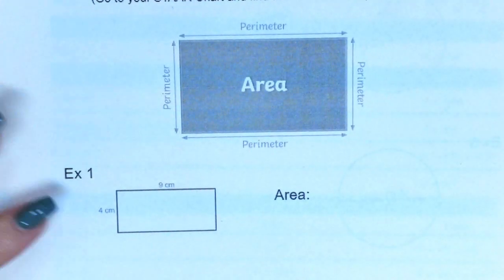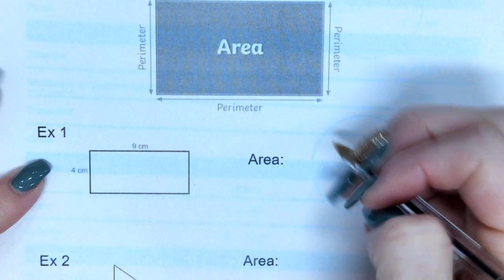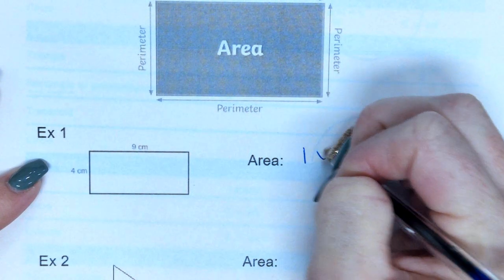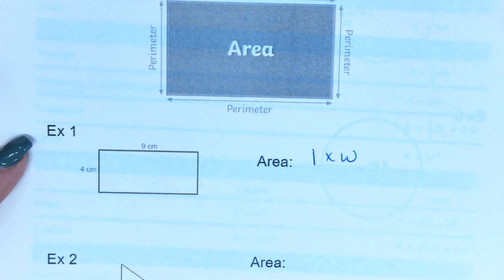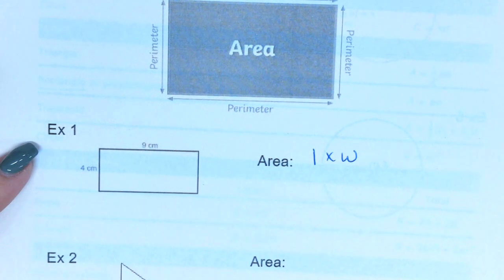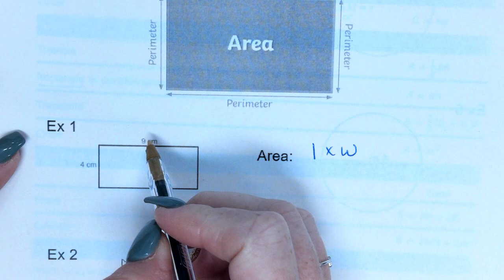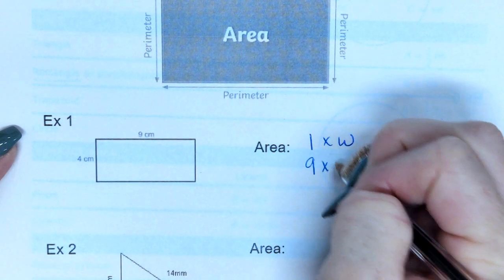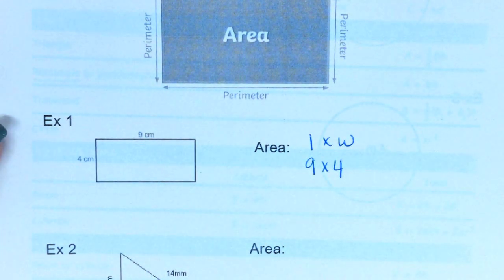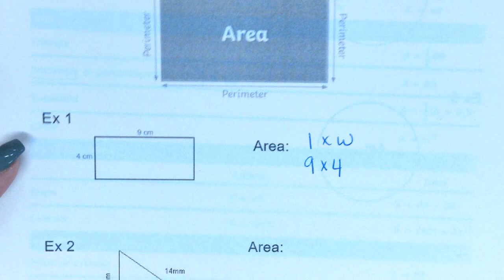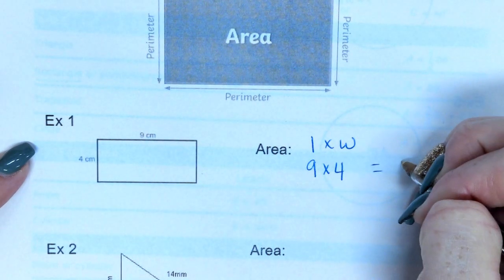So let's go to our paper and let's write the formula. Area is found multiplying length times width. Rectangles are the easiest. So I'm simply going to take 9 times 4. And I do want you to write all this because you'll have something to refer back to on your assignment. And you put in your calculator 9 times 4 and you get